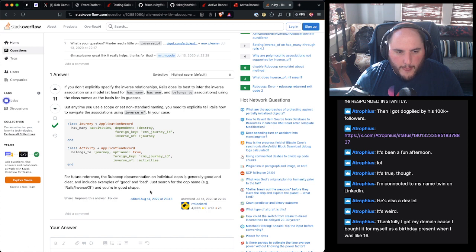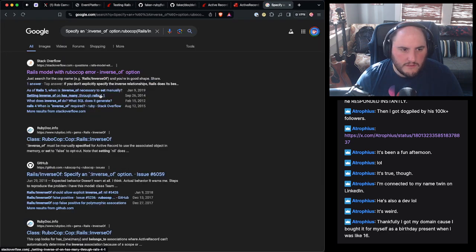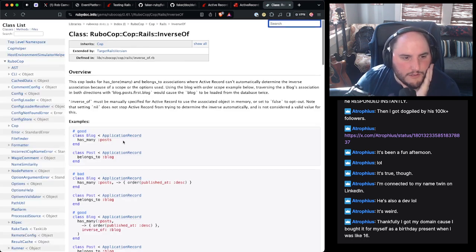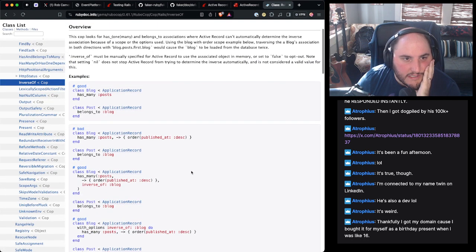So I guess this would just be... This doesn't have an inverse. So how do you recommend fixing it if the inverse doesn't exist? Can't automatically determine the inverse. Would cause blog to be loaded from the database.